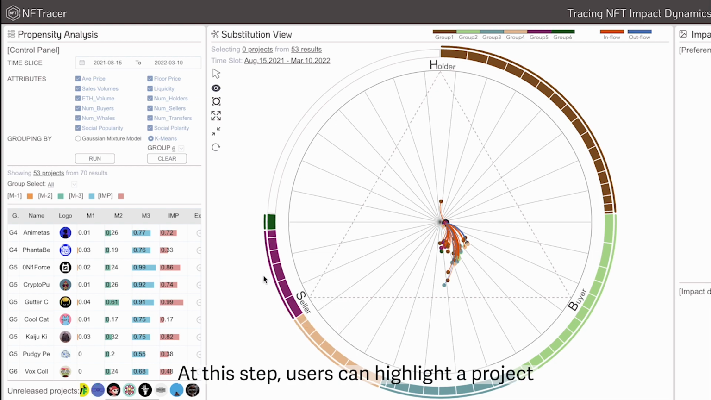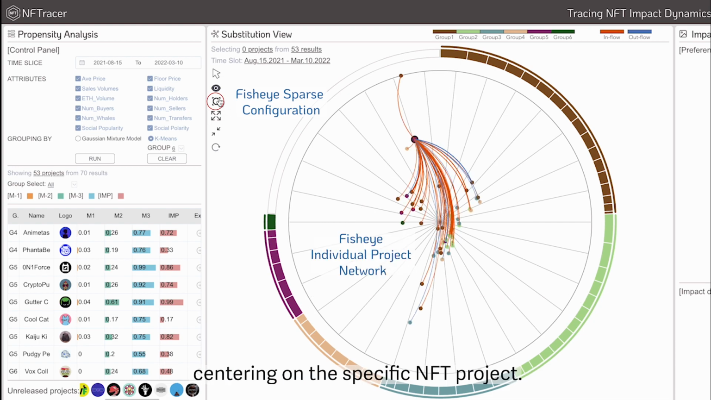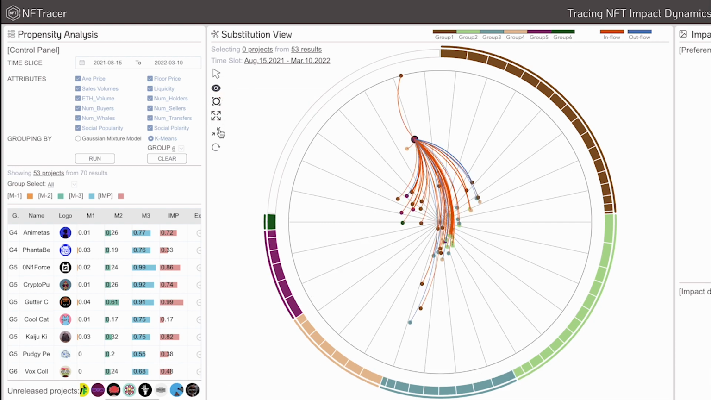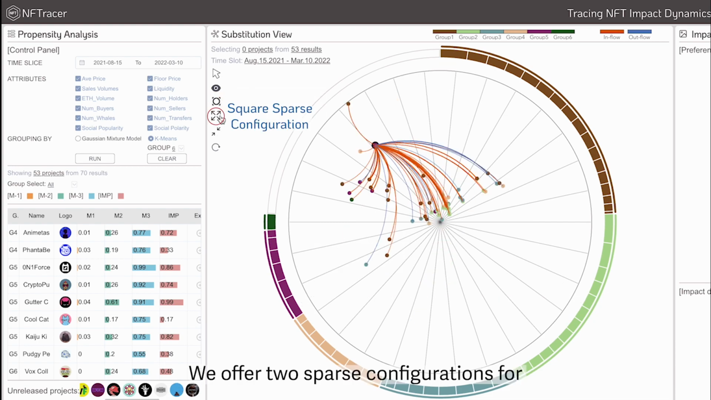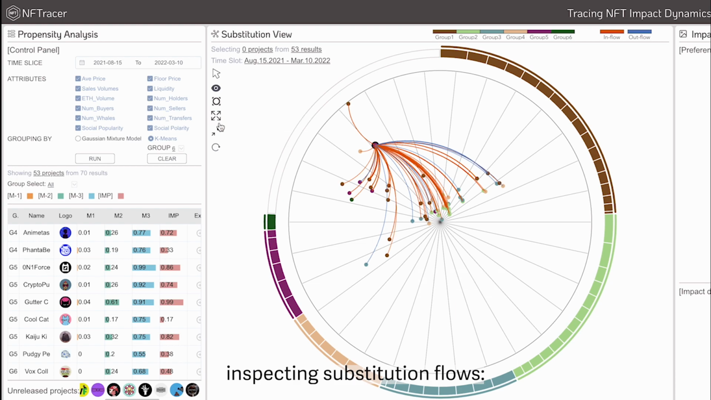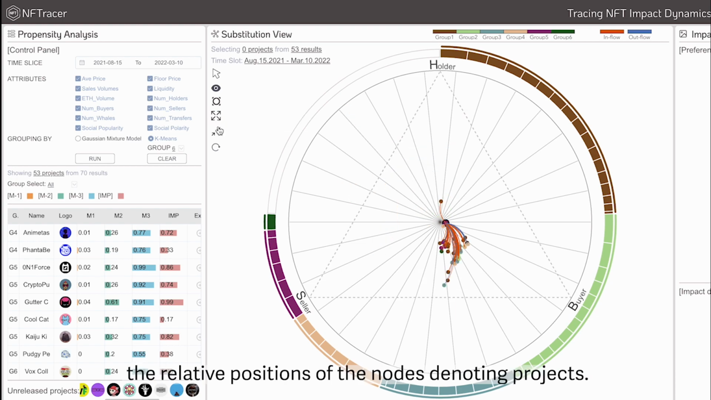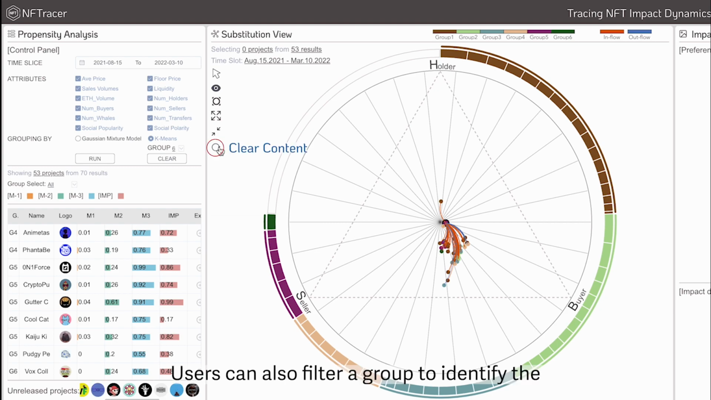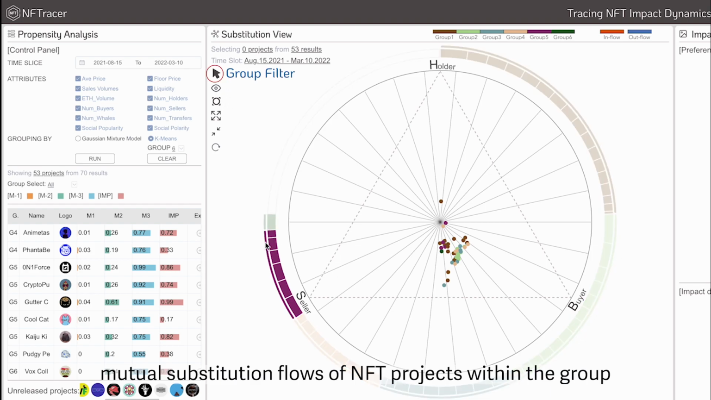At this step, users can highlight a project in Substitution View to investigate the substitutive network centering on the specific NFT project. We offer two sparse configurations for inspecting substitution flows, the fisheye view and the square view. Both preserve the relative positions of the nodes denoting projects. Users can also filter a group to identify the mutual substitution flows of NFT projects within the group and how